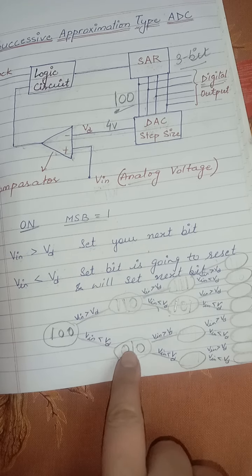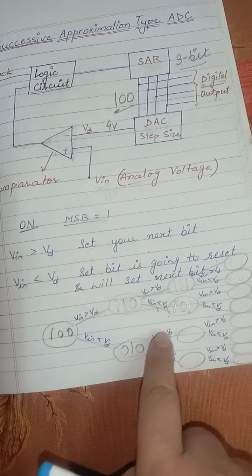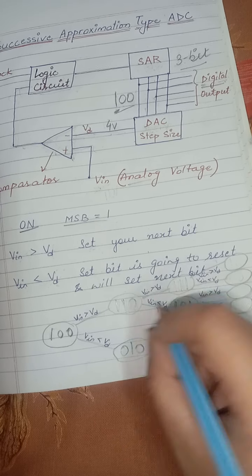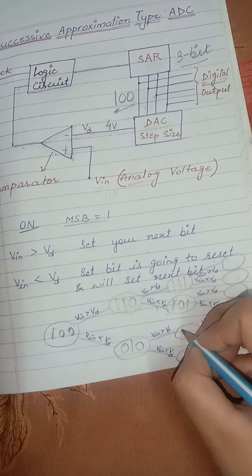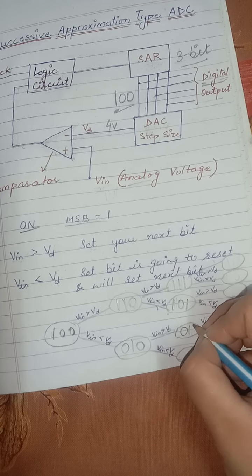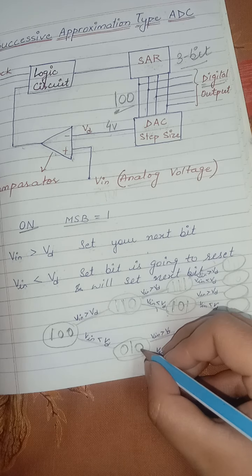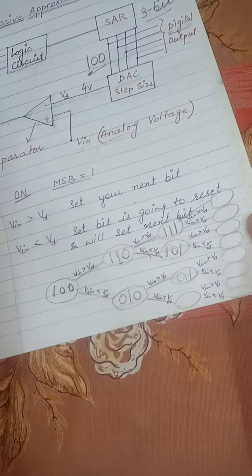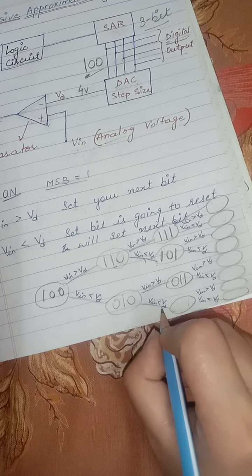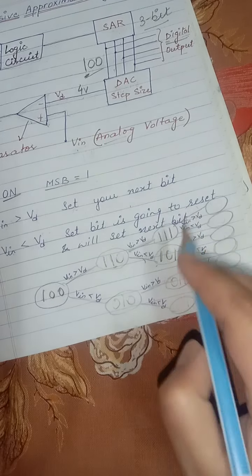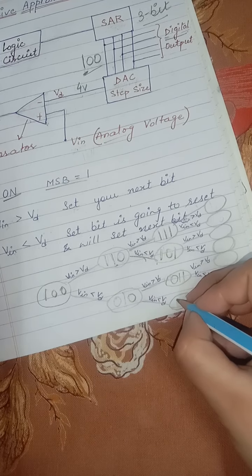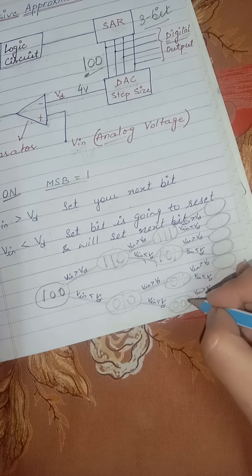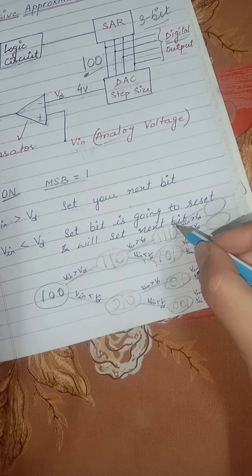And in this case we will be having again the two conditions. Vin is greater than Vd, that means it will set your next bit, 0 1, and the next bit is from set, that means from 0 it will be converted into 1. Again here we are having Vn is less than Vd, then the set bit is going to reset, this bit is set, it is going to reset, 0 0, and will set the next bit, that means 1. Again we will be having two cases,